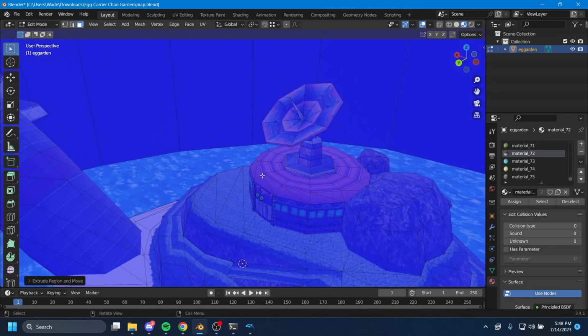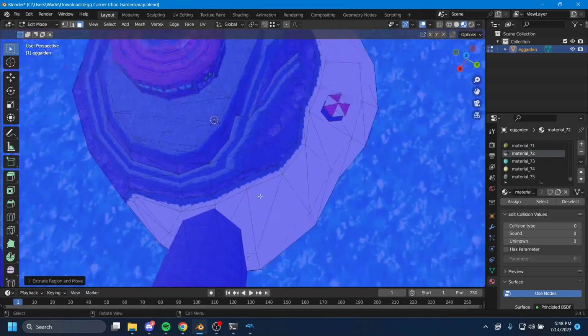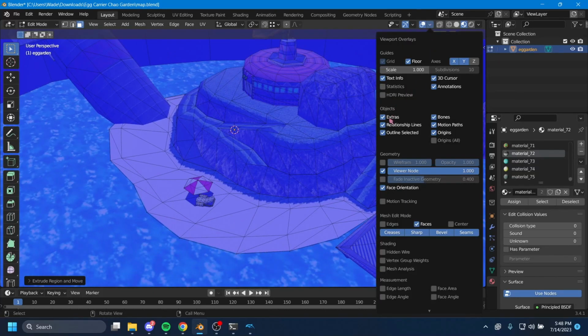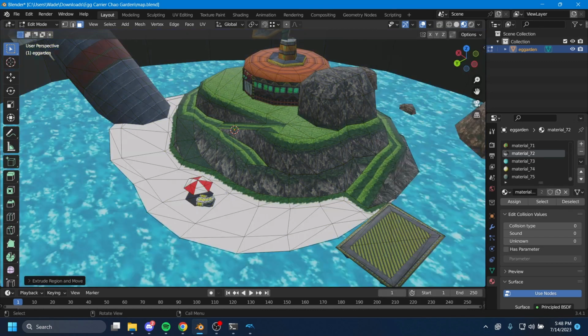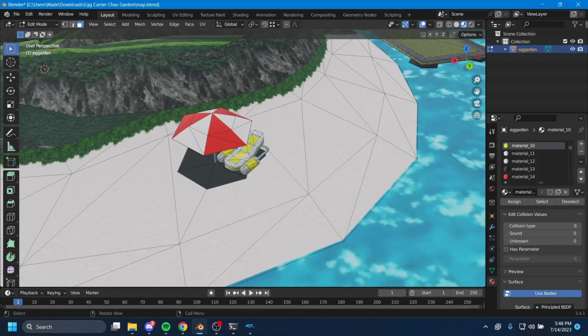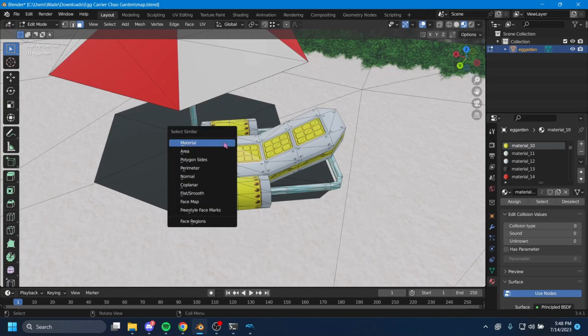So those were our two collision issues that we had found that weren't related to Better Sunshine Engine's fixes per se. So let's go back and we can turn off face orientation because it just gets ugly. Oh, that's right. We wanted to edit this chair to make it a little bit more collision friendly, because right now that's a lot of polygons for collision. So let's go ahead and